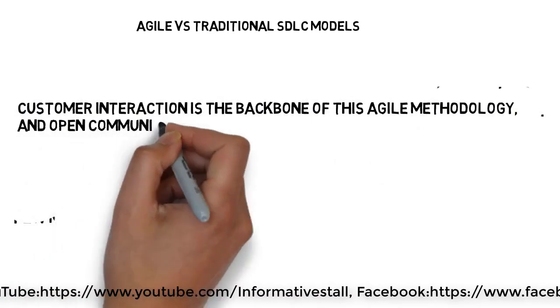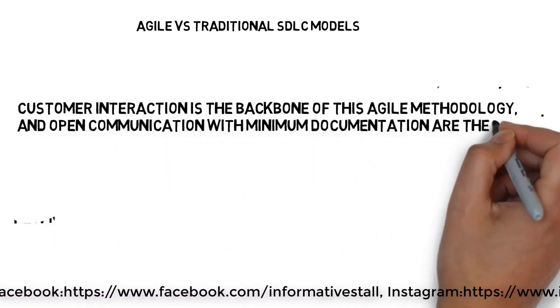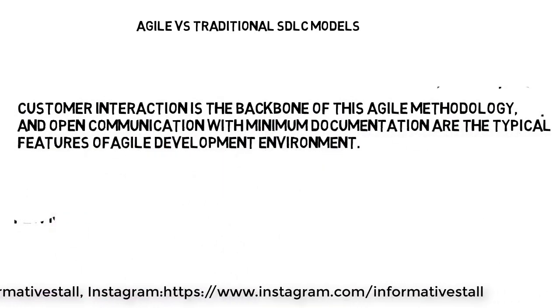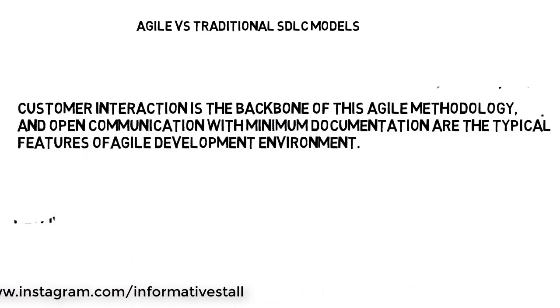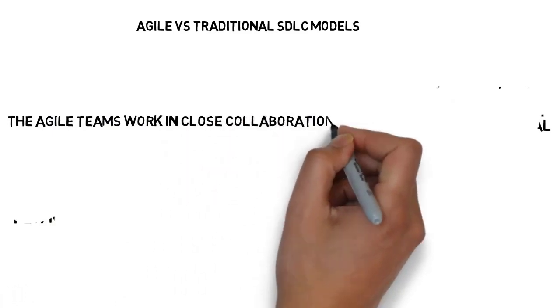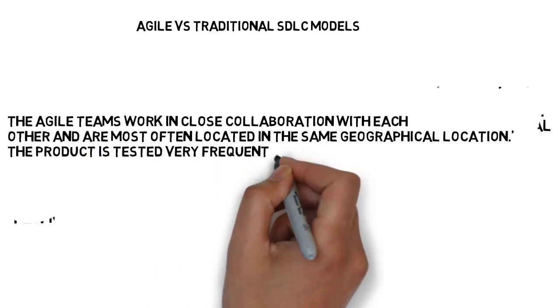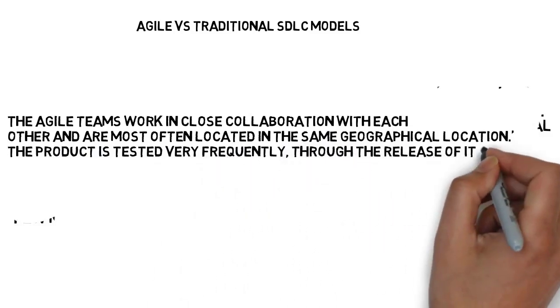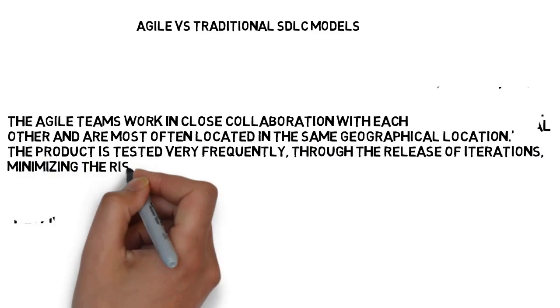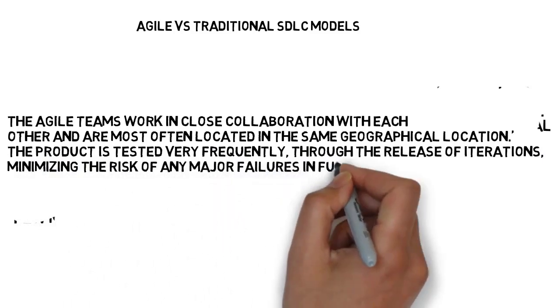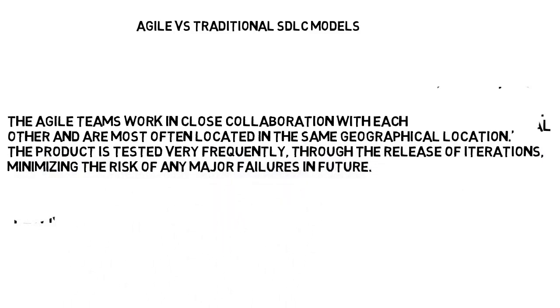Customer interaction is the backbone of the Agile methodology, and open communication with minimum documentation are the typical features of an Agile development environment. The Agile team works in close collaboration with each other and is most often located in the same geographical location. The product is tested very frequently through the release of iterations, minimizing the risk of any major failures in the future. This is all from our Agile